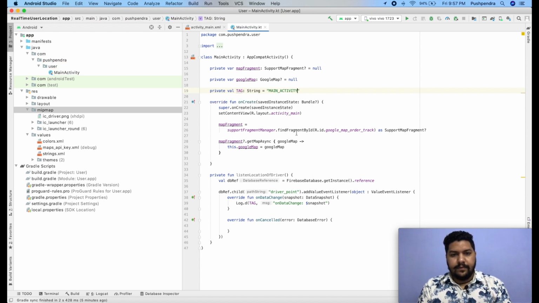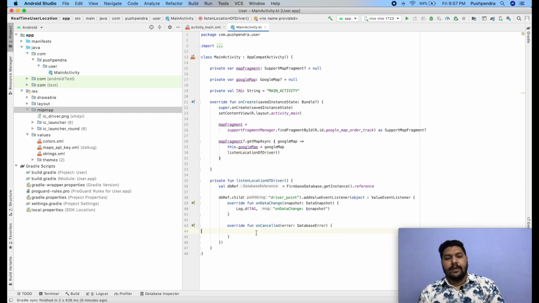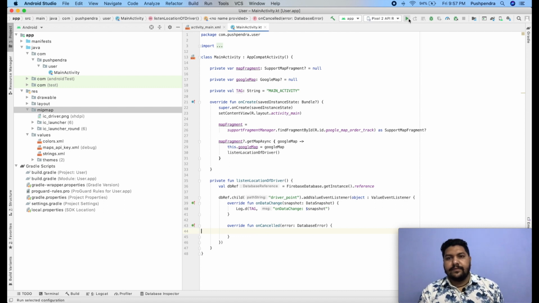In main activity, now I will call this after the map is ready. Now we will listen to the events, and I am running this.